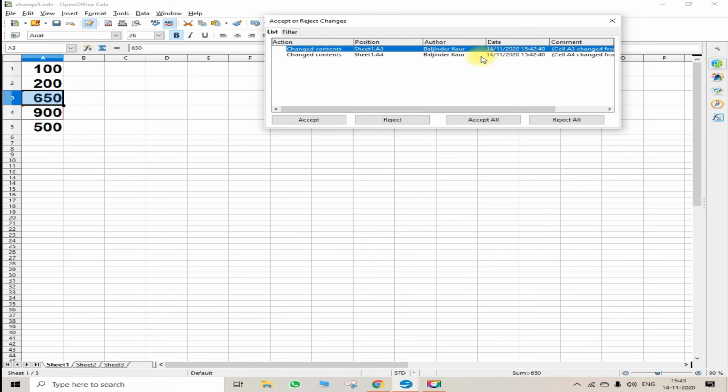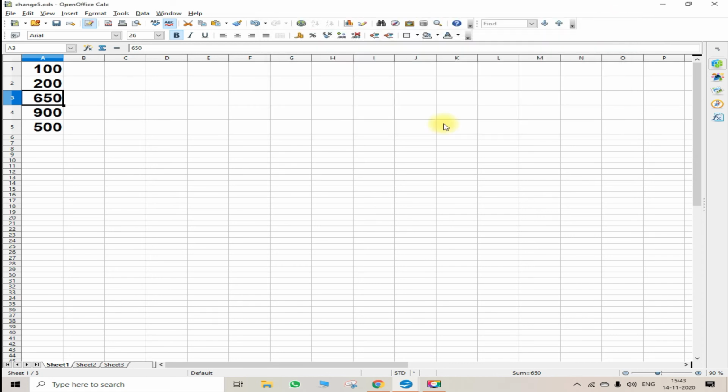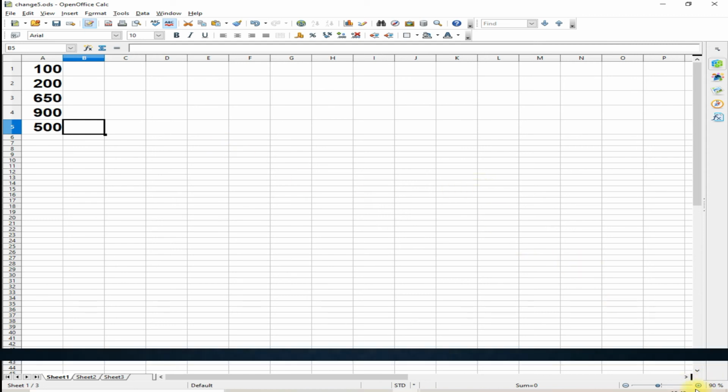Either accept the ones you have selected, or accept all, click. So when you click, just close it. Just see here, this file is now compared with the original file. So this is the method to compare the file.